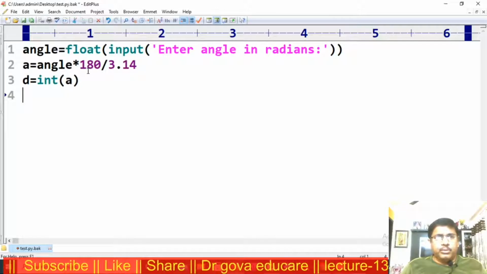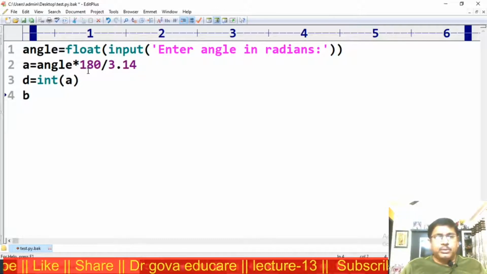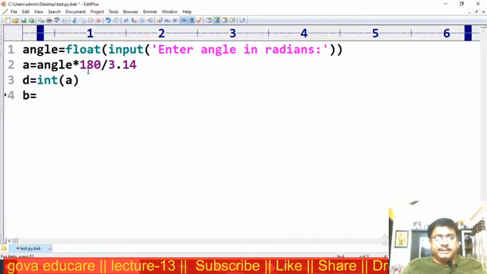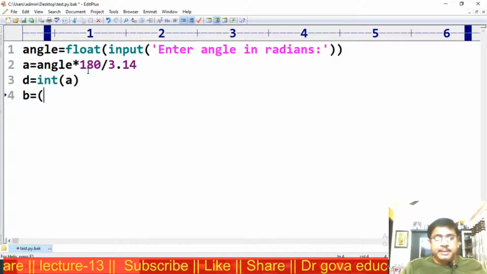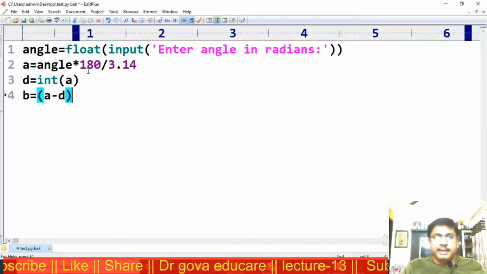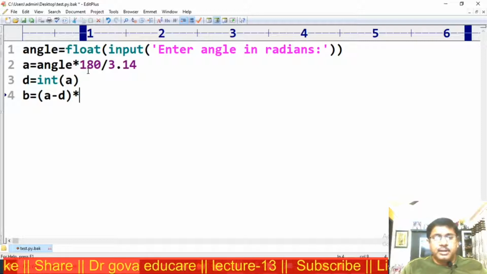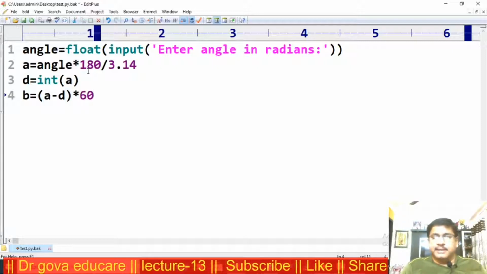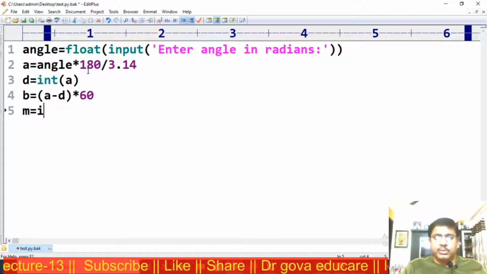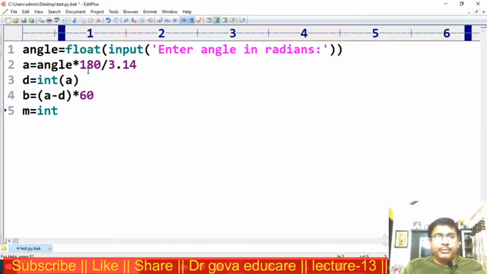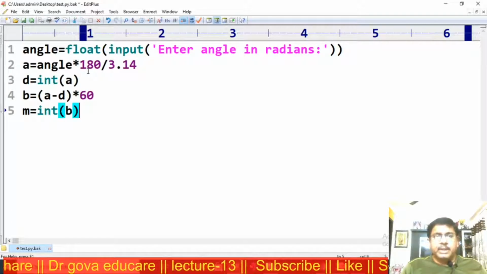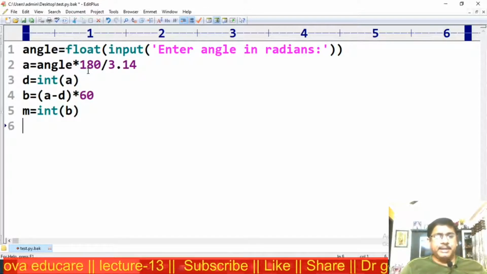Now I want b is equal to a minus d star 60. Now we get minutes is equal to int of b. We get minutes.